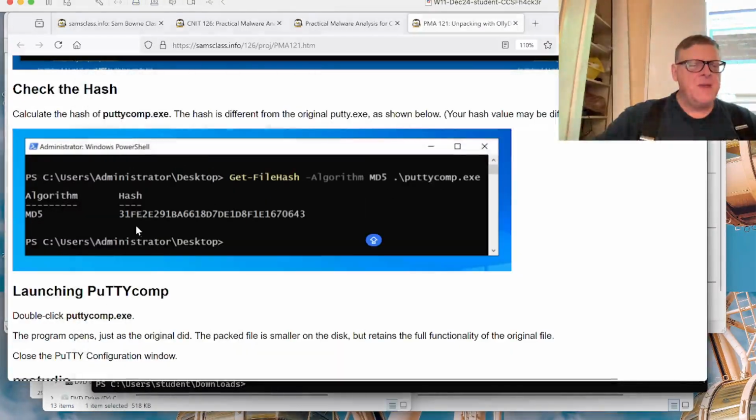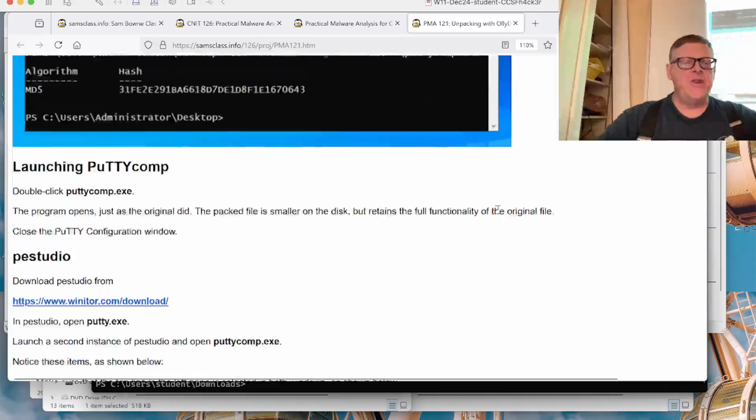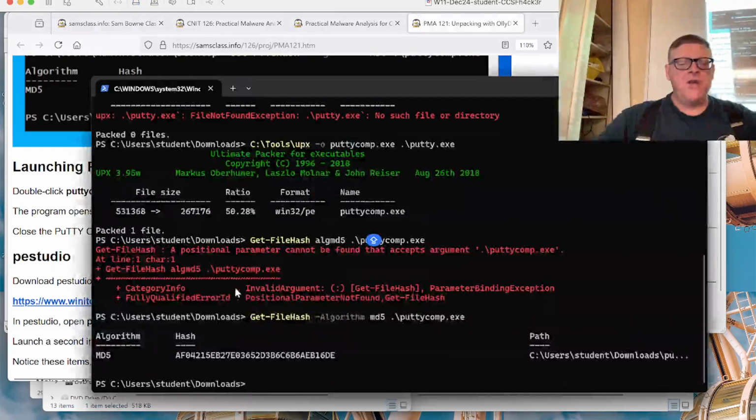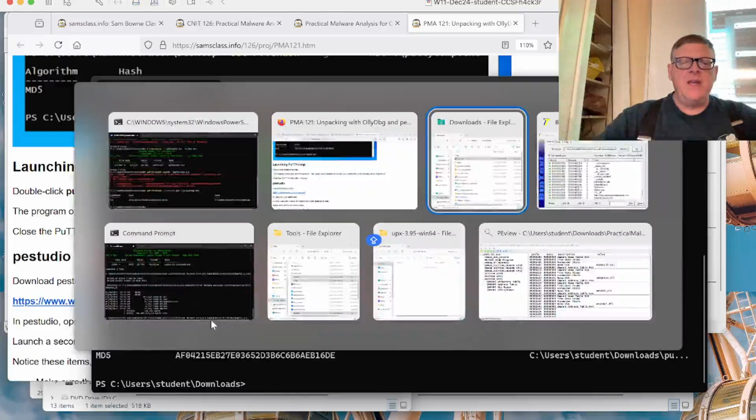AF0. That's disturbing. My hash value may be different. Okay, good, I warned you there. I guess the compression isn't always the same. Anyway, now the one interesting thing about this, which is important to understand how this works, is if you go